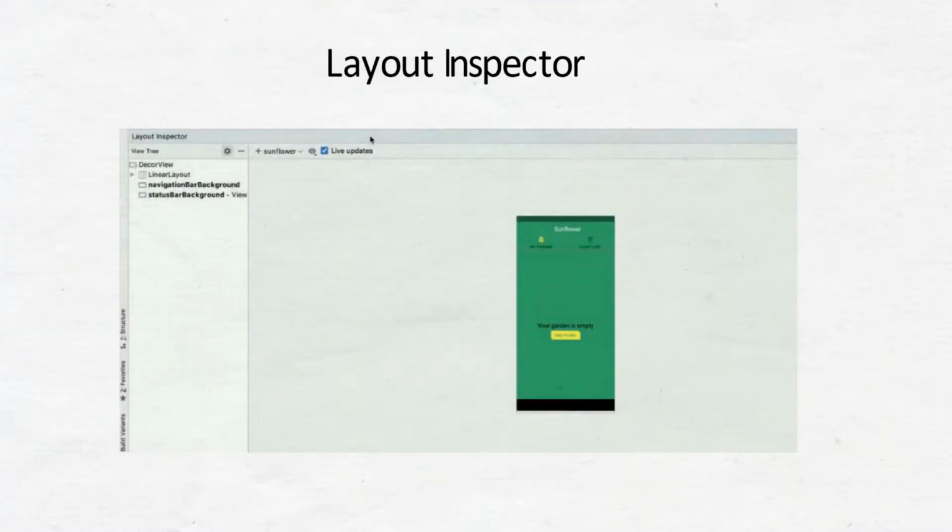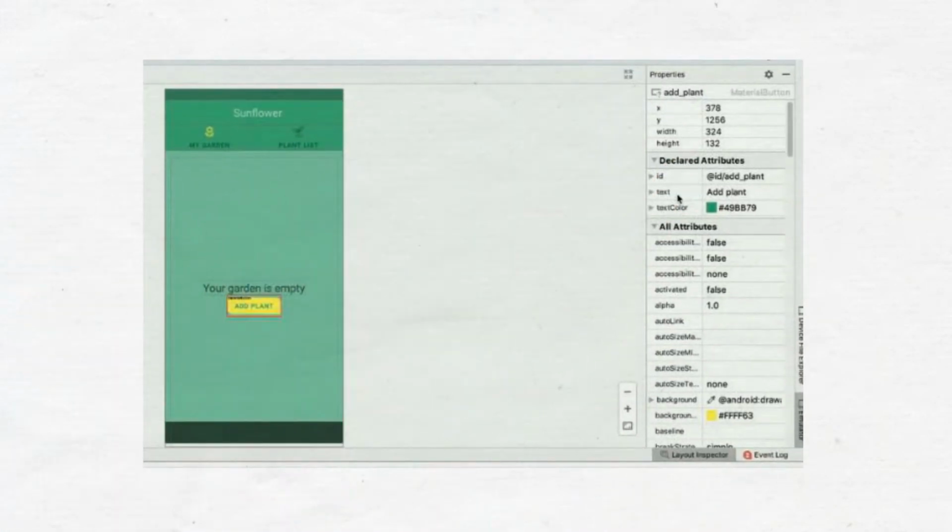In Layout Inspector, we can click on several views and we can see their values, which we already had in the old Layout Inspector. But what's new is this declared attributes section where we can see resources that are coming from binary resources or XML resources. For example, the label add plant, where is that coming from? Well, we can now expand that and we can see that it was actually specified in the layout file. And we can continue with whole execution stack and see the exact line and language that it came from.